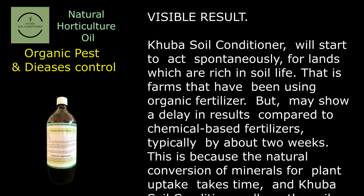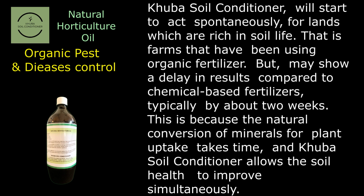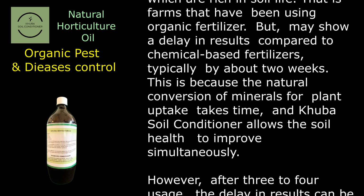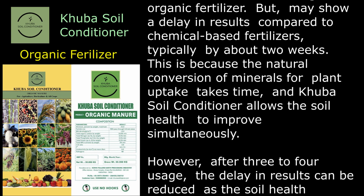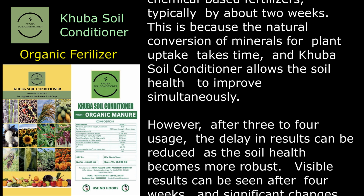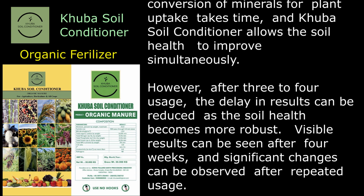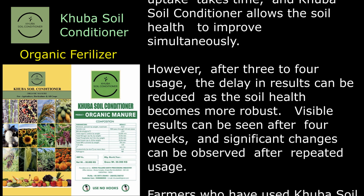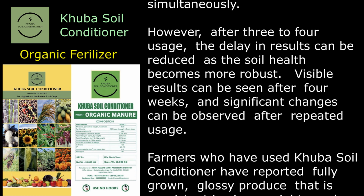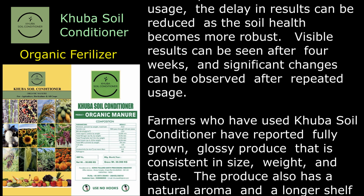Visible result. Khuba Soil Conditioner will start to act spontaneously for lands which are rich in soil life. That is, farms that have been using organic fertilizer, but may show a delay in results compared to chemical-based fertilizers, typically by about 2 weeks. This is because the natural conversion of minerals for plant uptake takes time, and Khuba Soil Conditioner allows the soil health to improve simultaneously. However, after 3 to 4 usage, the delay in results can be reduced as the soil